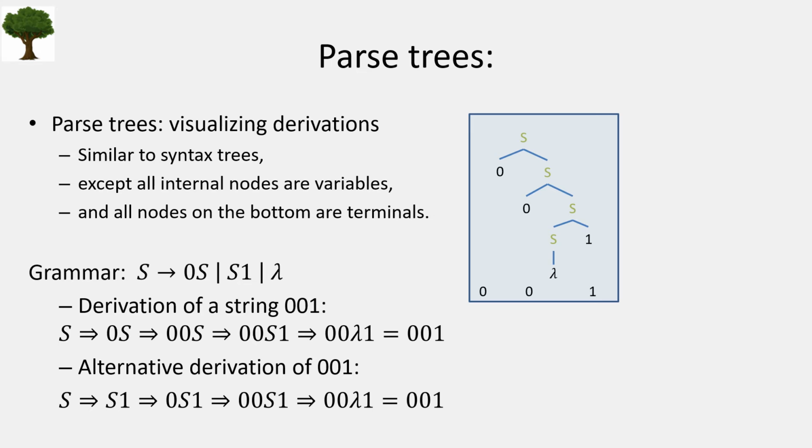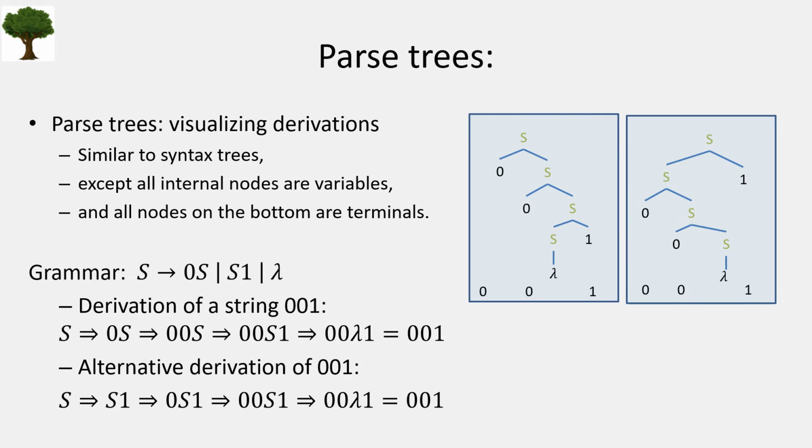So as we said, there was another derivation of 0, 0, 1. So let's try to do this one with a parse tree. You see, you got a pretty different shaped parse tree because the first rule was not S goes to 0S, but it was S goes to S followed by 1. So you ended up with the same string, but your steps in the derivations were different, so that your tree